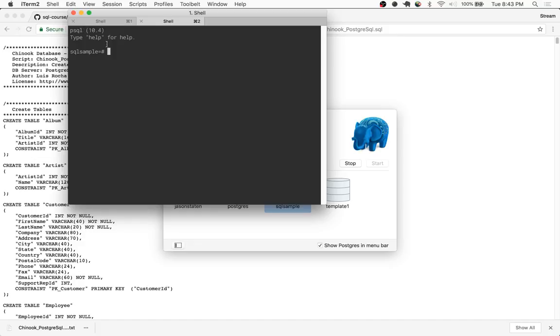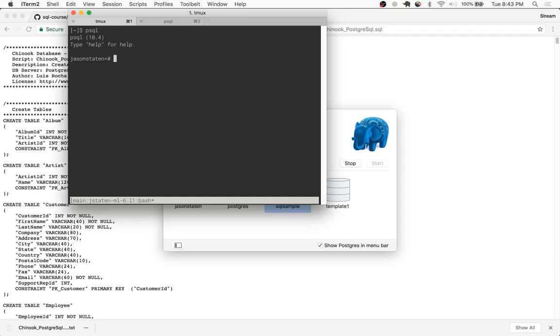So I open up SQL Sample. There's a way to do it. Maybe Tmux will let me do it. So if I go ahead and do psql, that puts me in the Postgres shell, and then psql sample. If I do psql sql sample, that puts me into that database. So if I do psql sql sample,